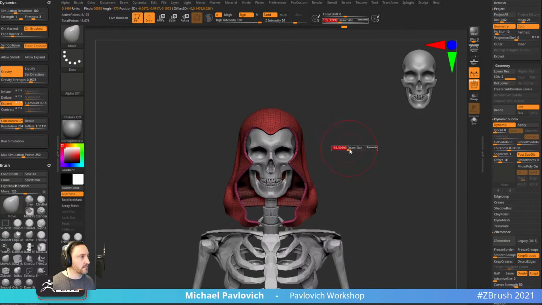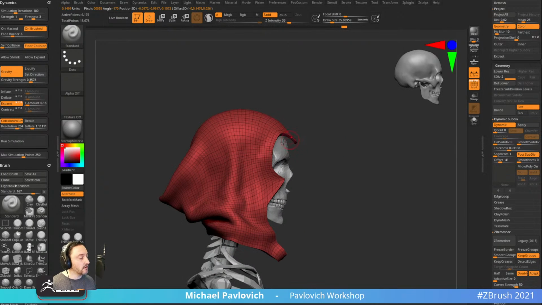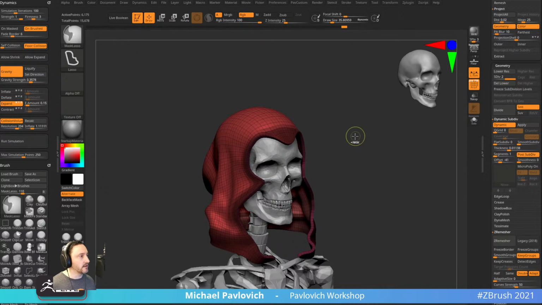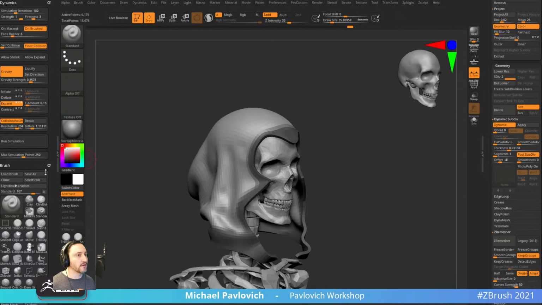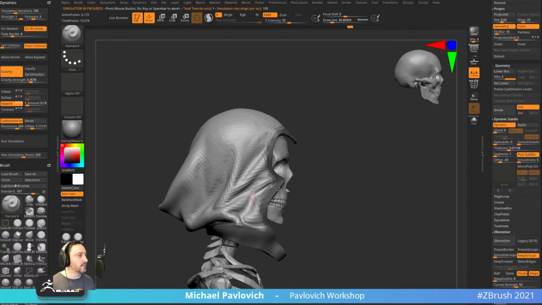So I'm gonna move this up because he's gonna have big muscles here. So that's basically where the hood's gonna go. And then also I can say, you know what, I want this to basically stay put. And then I'm just gonna simulate around this. So now we can run the simulation and, now that we have more geometry, you're gonna get more wrinkles